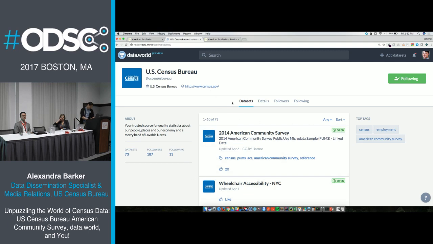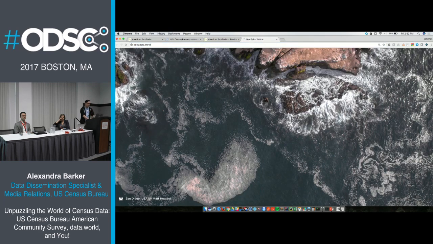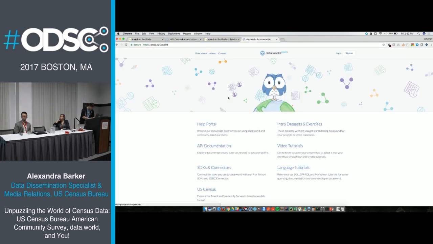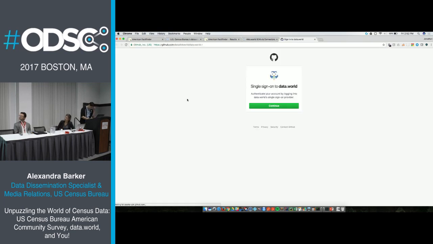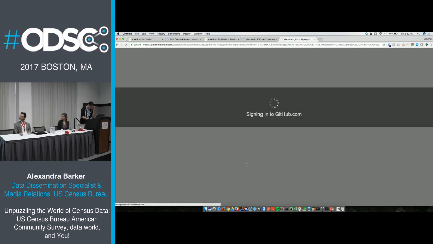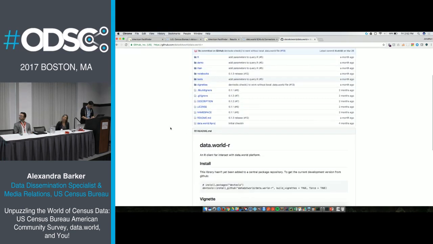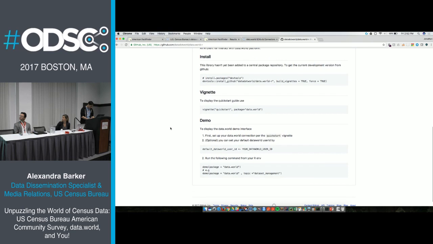But my question is, you showed that example when you can input data directly to R. And that was some sort of web address, right? But to get that, you first have to run your query in this. Not necessarily. If you go to docs.data.world and go to SDKs and connectors, you can look at the R SDK. I was wondering if there is a direct way of doing it in R. Oh yeah, for sure.